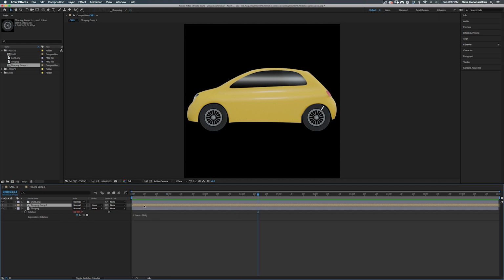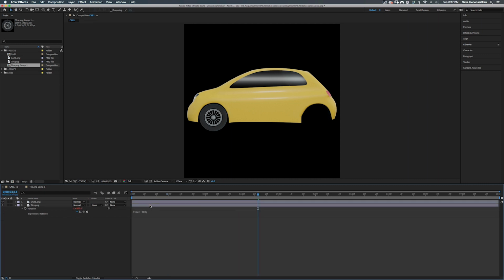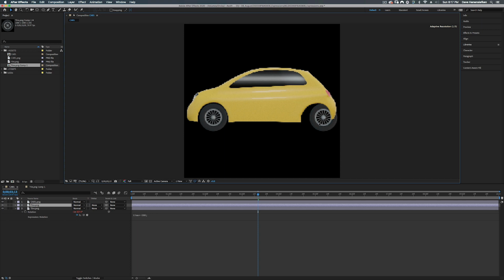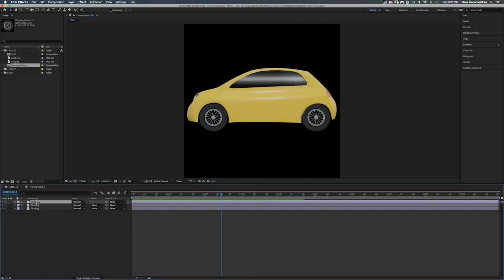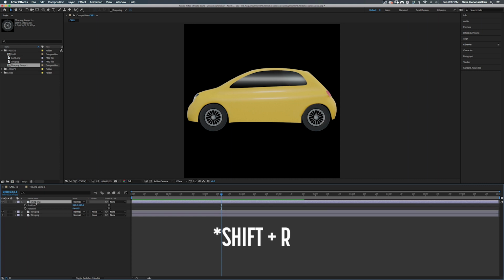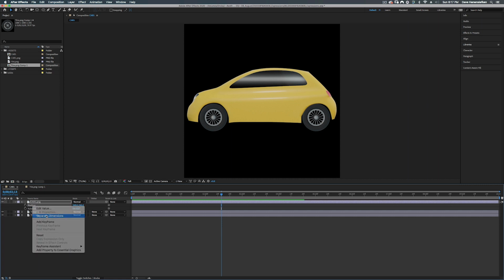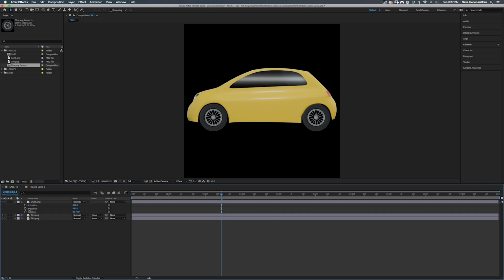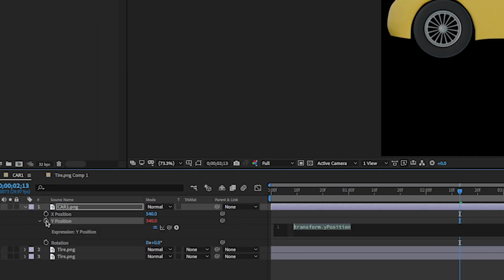All right, so let's delete this comp right here, and let's just duplicate our tire again, and Shift, drag it over. There we go. All right, so now for our car, we're going to get slightly more complicated. We're going to hit P, and we're going to hit R. For the position, we're going to right-click and go to Separate Dimensions. All right, and for our Y position, let's Alt-click on the stopwatch and type in